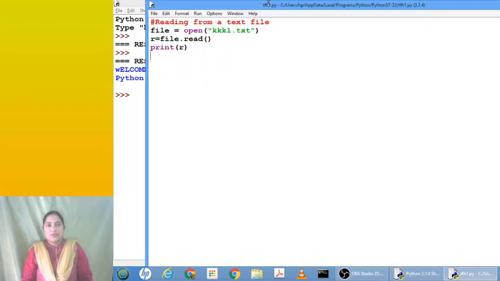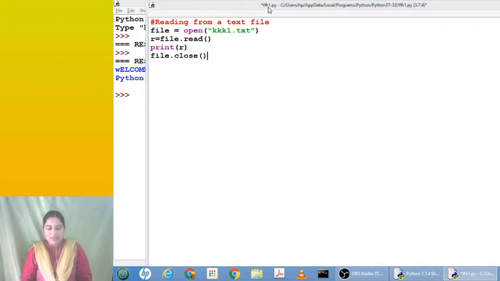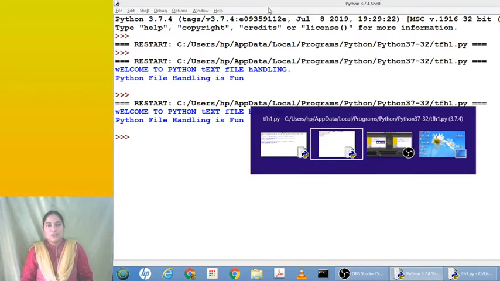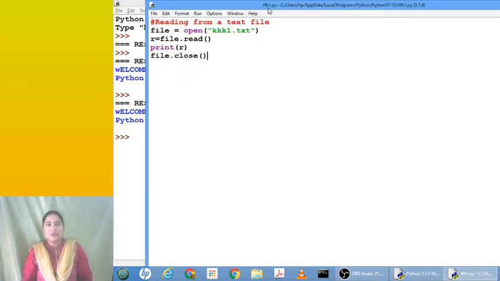Okay, so now let us go forth. What are the basic steps in file operations? First you should open the file. Once it is open, then perform all the operations. Now we wanted to read, we finished reading, then what are we supposed to do? We have to close it. It is very simple, isn't it? I hope you all have enjoyed reading a file through the file handling operations of Python programming. We just used the open method and read method, and displayed the content using print.